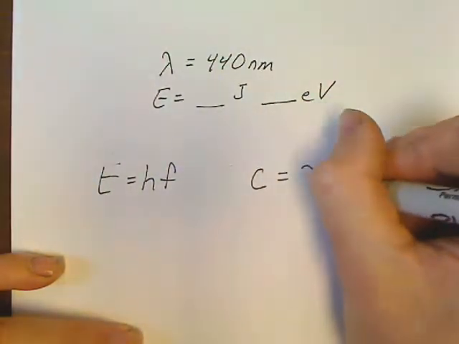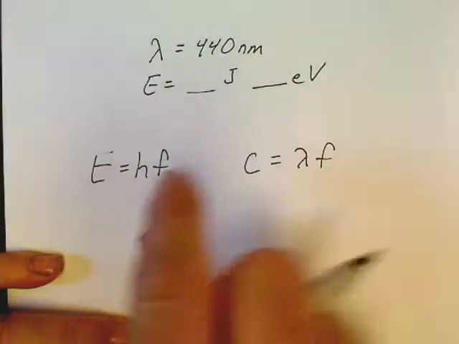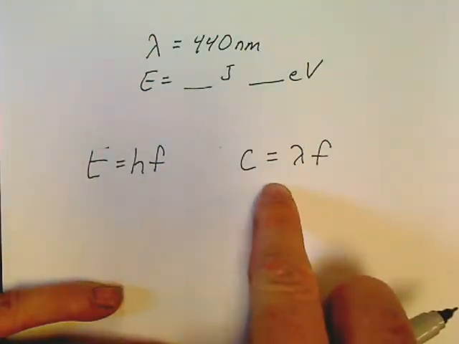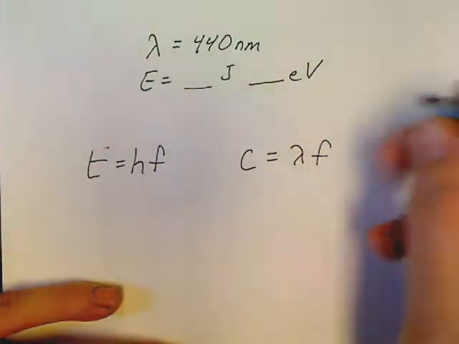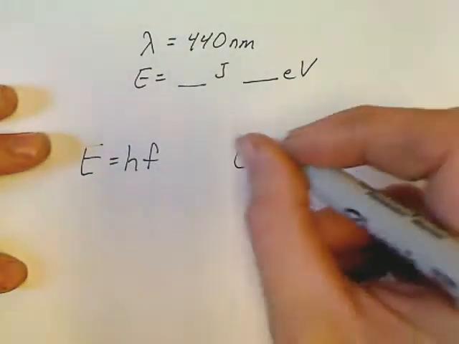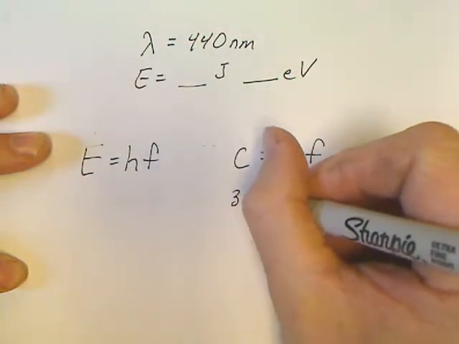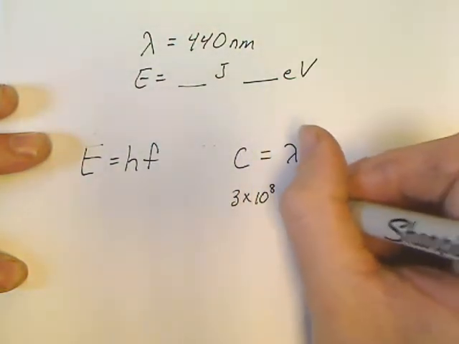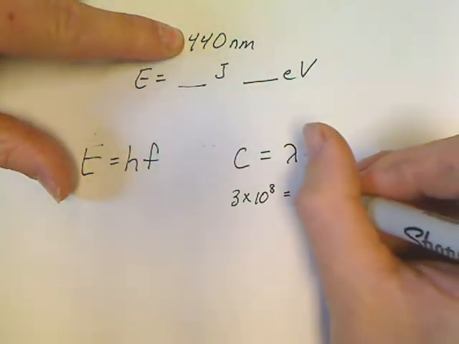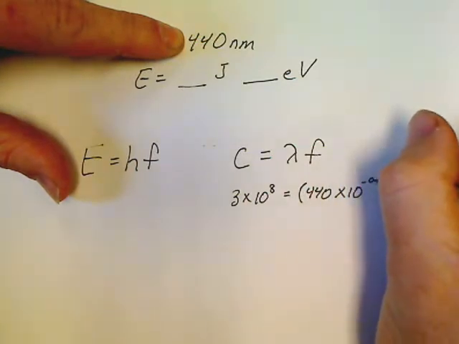And then I'm going to also need to use this equation, c equals lambda f. So I'm going to use this equation first. We could do a little algebra and combine these, but I'm not going to do that. I'm going to do it the long way because you're 11th graders and don't deserve it to be any easier. But anyway, c represents the speed of light: 3 times 10 to the 8 equals lambda, which for me is 440 nanometers. So I'm going to write 440 times 10 to the negative 9